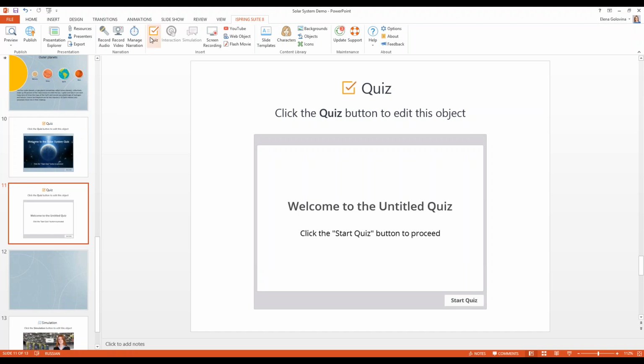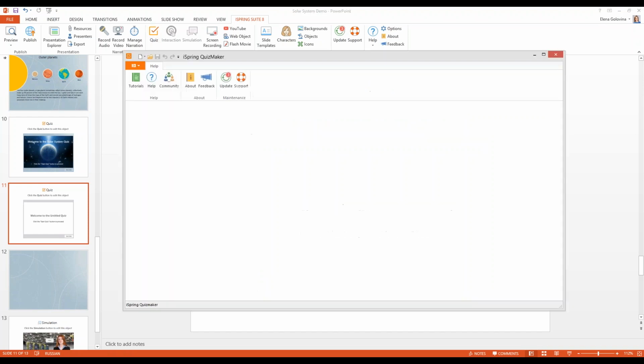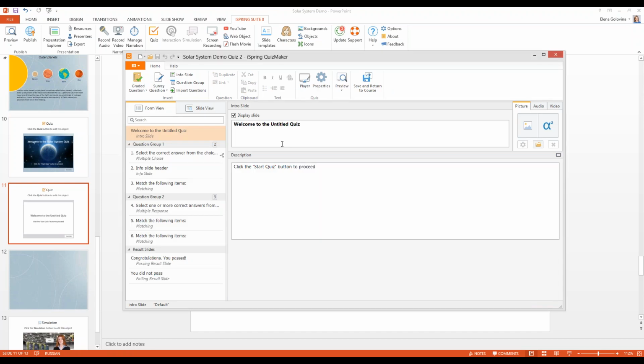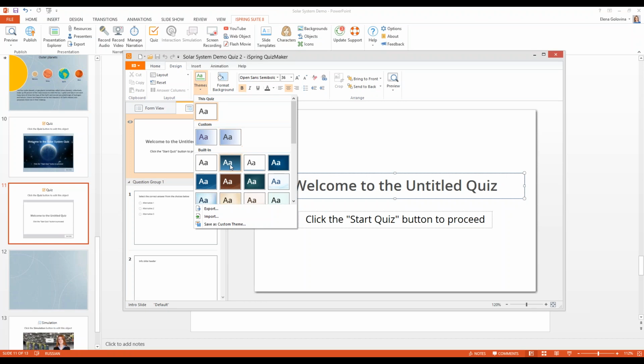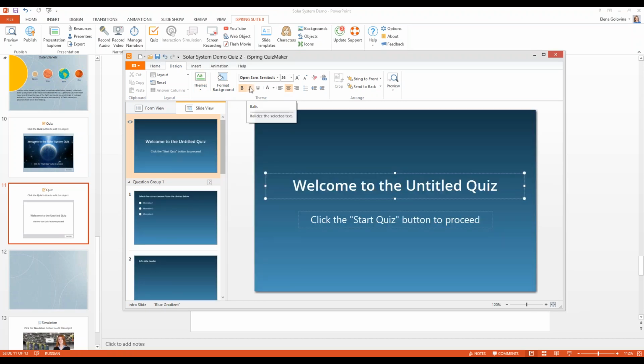Sure, you can do that in the slide view tab. When you open your quiz, you see the form view. But if you go to the slide view tab, you can do practically anything you want. You can change the theme, you can change the font, you can also add your own background on the slide